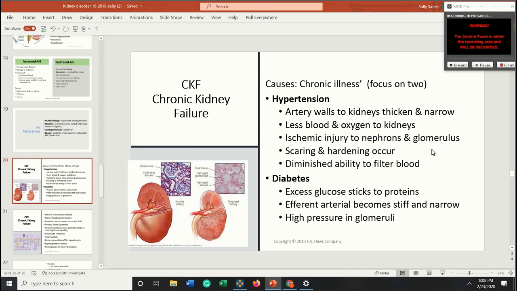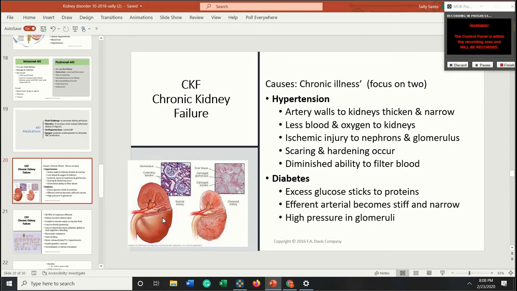So hypertension causes damage to the capillaries over a long period of time. So think about that. Here's my nice little kidney, and my high blood pressure is just shooting into this kidney really fast. Well, these are so fragile in here that the extra pressure that the blood pressure forces in can really damage the internal workings of the kidney.